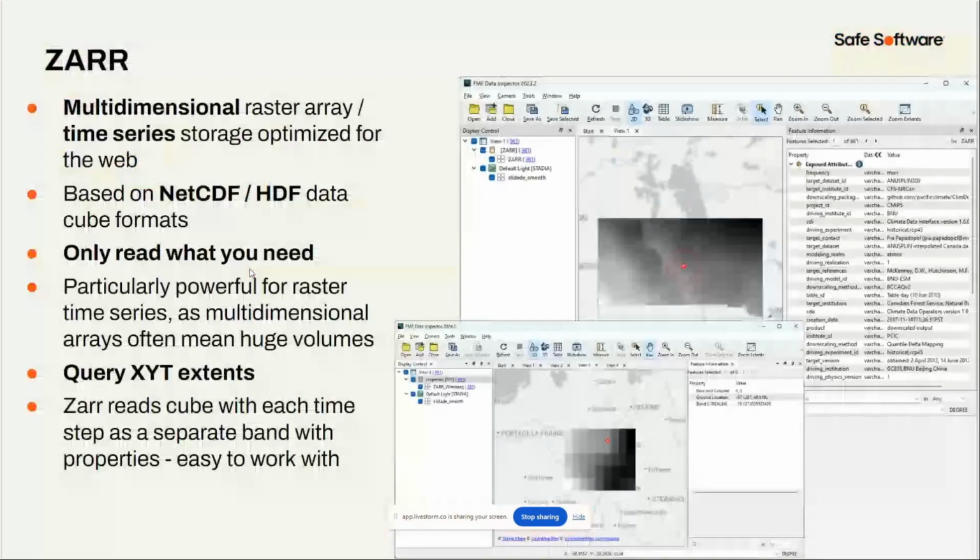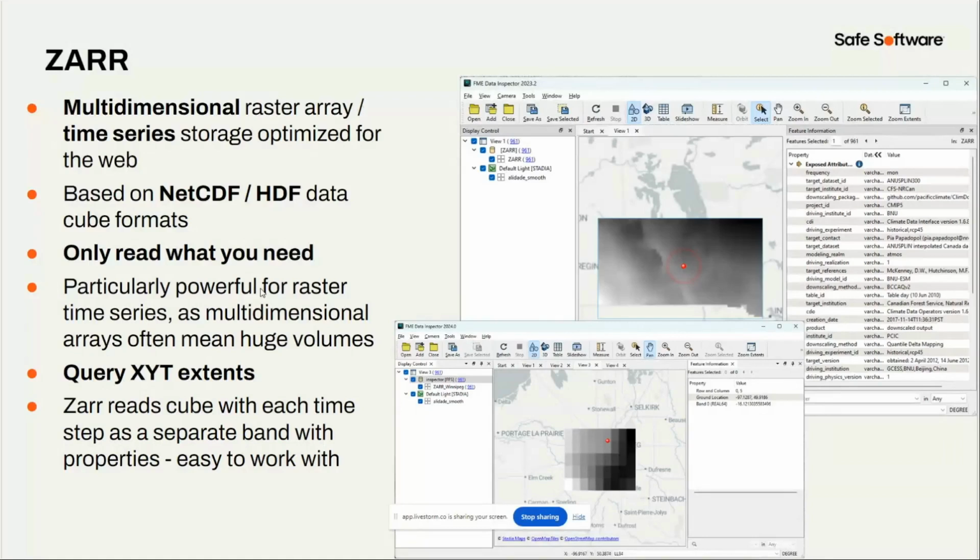And the same thing goes for ZARR. In this case, we're looking at the XY time extents. And so I've got a bunch of climate data from the climate pilots and disaster pilots that we're working on in southern Manitoba. And so there's a data cube covering half the province across 1,000 time steps, monthly time steps.